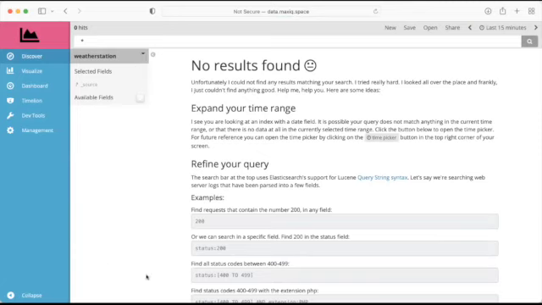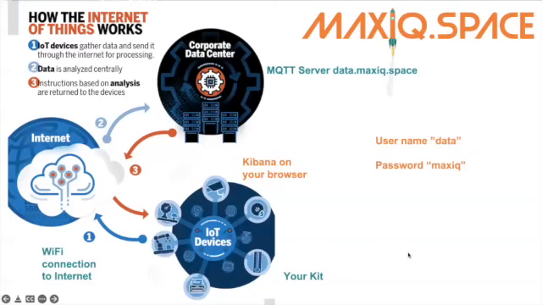Okay, I'm actually going to go back to my slide and show you here. So you can see here this corporate data center. There are many servers that are sitting in this data center. And an Mqtt server, what it does is that it has a number of indexes. And it's a little bit like a